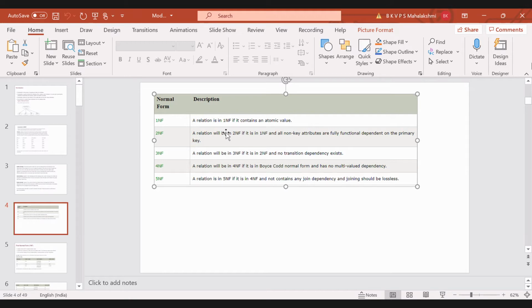So if you want to opt for the correct answer, then you have to check from the first normal form to the last normal form. Every normal form you have to check. If you know the concept, then only will you be in a position to choose the correct answer for that question. So listen carefully, and if you have any doubts, ask me now itself.